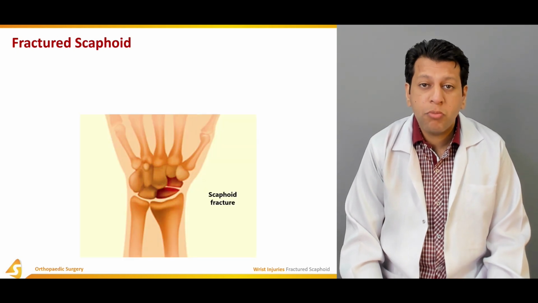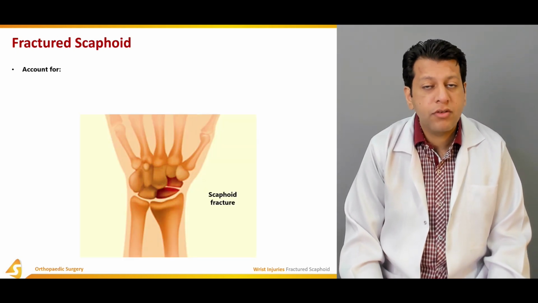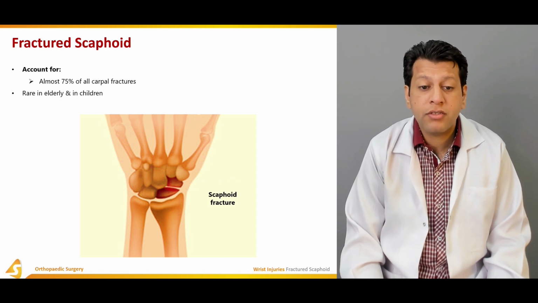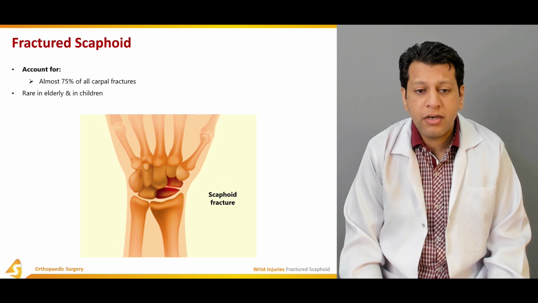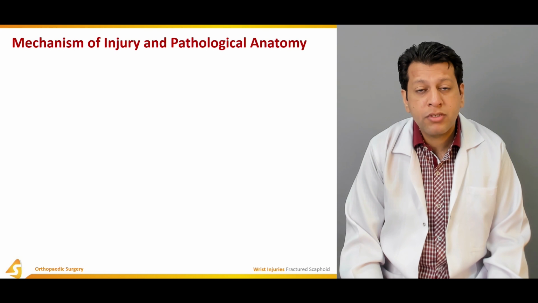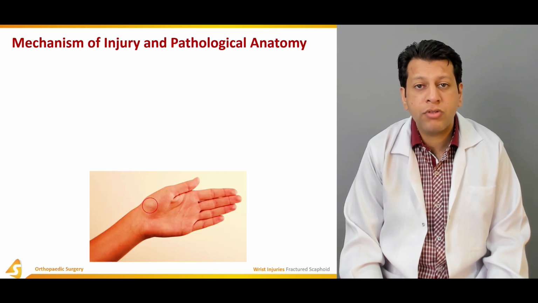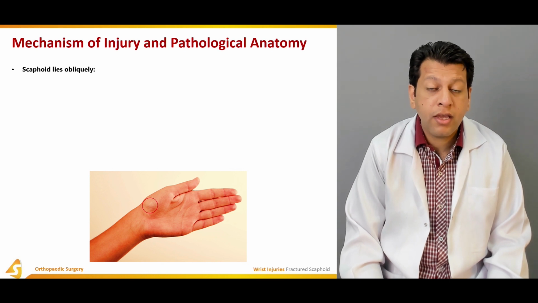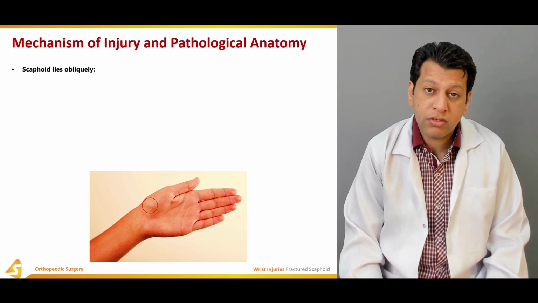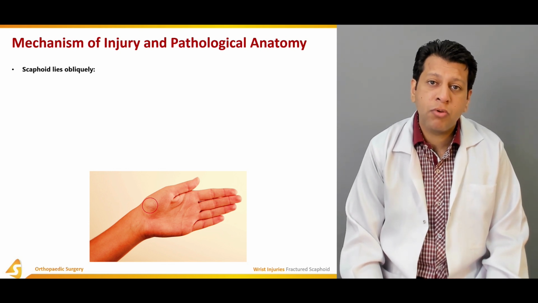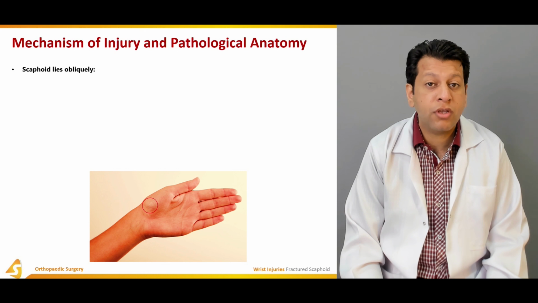Now, the most common fracture of the wrist joint is actually the fracture scaphoid. They account for almost 75% of all the carpal fractures. Although rare in the elderly or children, usually the mechanism of injury is a fall on the outstretched hand with the wrist slightly in extension and radial deviation of the wrist joint. Therefore, the loading mechanism is such that the maximum loading actually occurs at the radioscaphoid